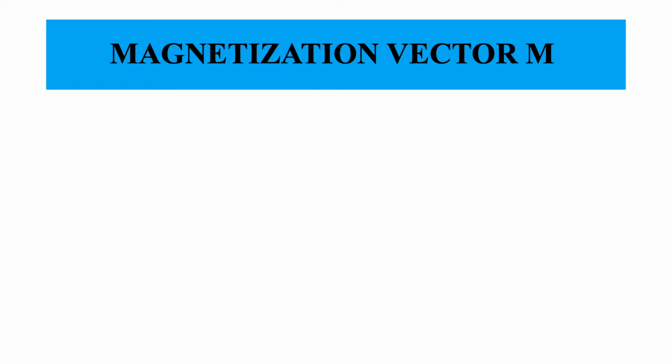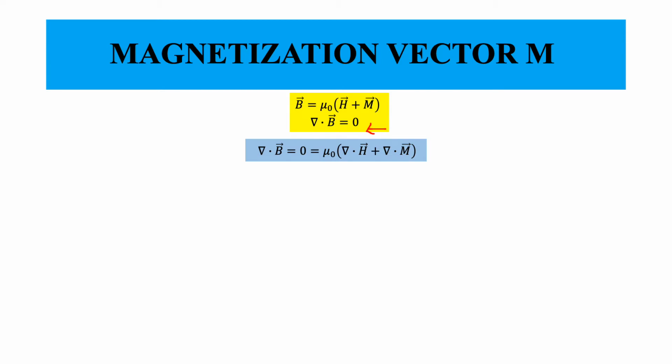Hello everyone. So in this lecture we are going to study the magnetization vector a little more, and then we will see the boundary condition in magnetic field, and finally we discuss induction. Okay, so recall that B is given by mu naught (H plus M), and since the point form of Gauss law gives me that del dot B is equal to 0, if I apply divergence on both sides of this equation, it implies that del dot M is equal to minus del dot H.